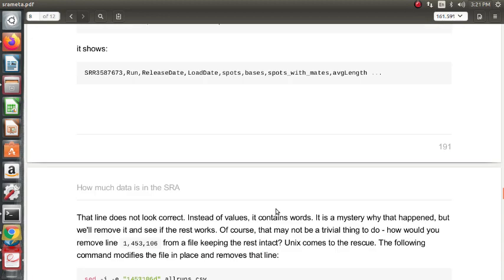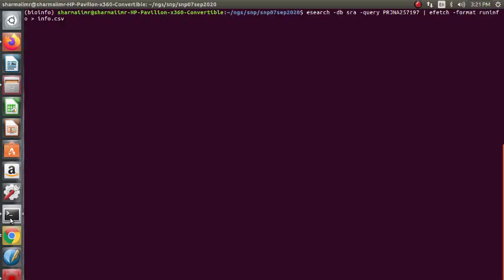Yes, so basically similar to what we did for SAM files, using the cut command, we can do cut -f 2,5,19,20,29 like that. Okay, so let's open a new terminal and